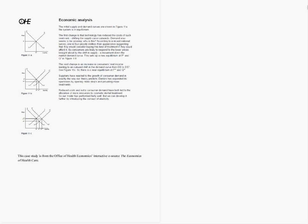Vertical axis, which has prices on it, and our horizontal axis, which has quantity. So we have our downward sloping demand curve, so as prices increase, quantity demanded decreases, and our upward sloping supply curve, which shows that as prices increase, quantity supplied increases also. Where the two curves intersect, we have our market equilibrium, the natural or stable state that the